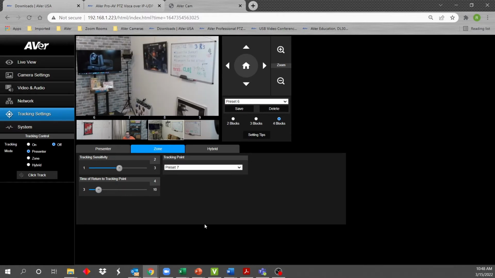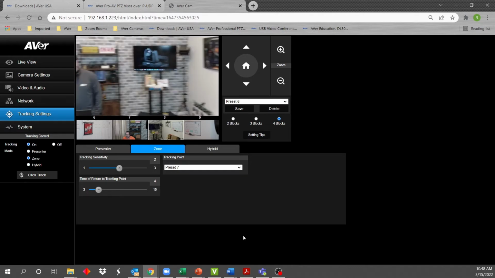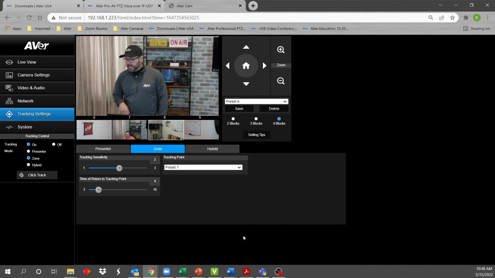So that's what zone tracking is all about. And that's really useful when content's more important, right? So I'm going to go ahead and go to zone mode. I'll enable it. The camera automatically kicks back over to here because you notice we have this tracking point set